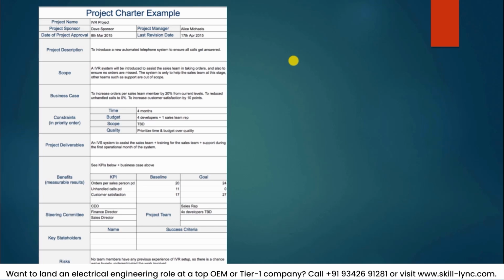What are the KPIs? KPI means key performance indicators, by which you set out specific targets. What is the current baseline, and what do you intend to achieve based on this project? And then who are the stakeholders and what are the risks involved? It might not be detailed if you're not in a structured project, but still for every activity you're doing, try to conceptualize these factors so that it will help you to plan effectively.